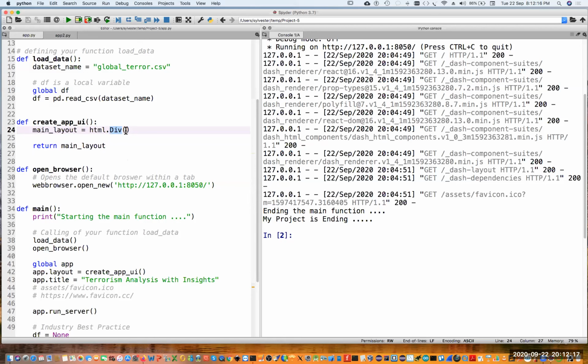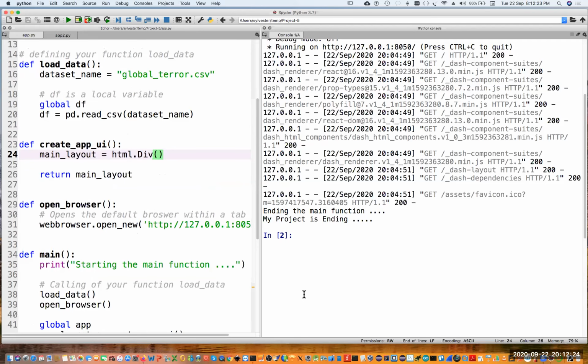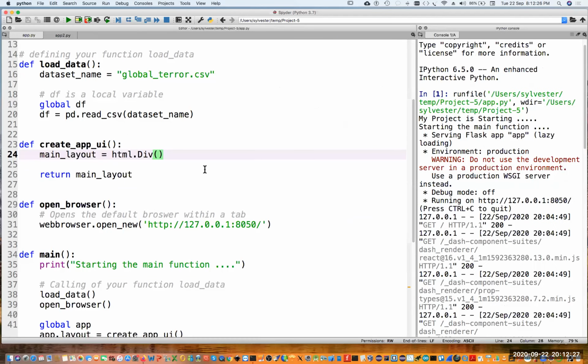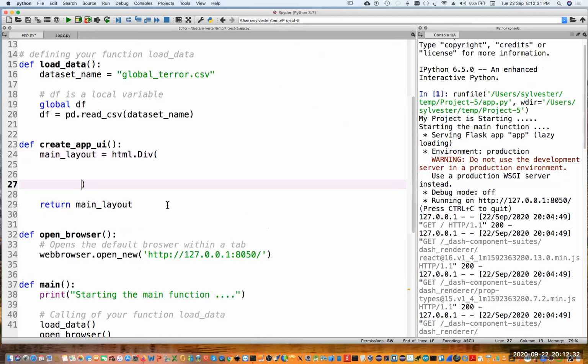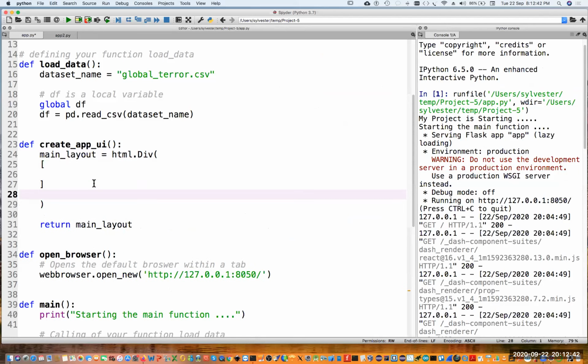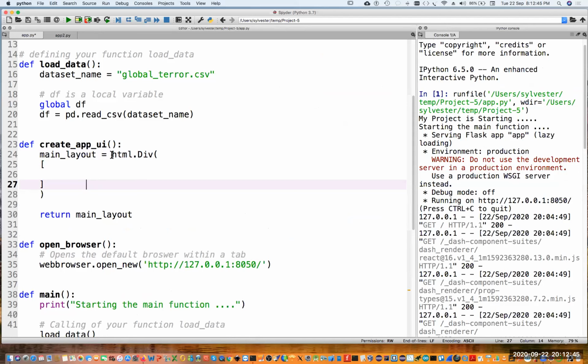So guys, if you want to have children within this div, place your cursor at the center and give an enter, guys. Please concentrate on the syntax here. What I need to do is create a list here. Did you get it, guys? What I'm trying to do? This was my html.div. Please concentrate on how to create app UI. Within the div,